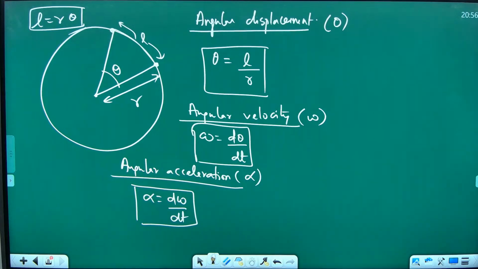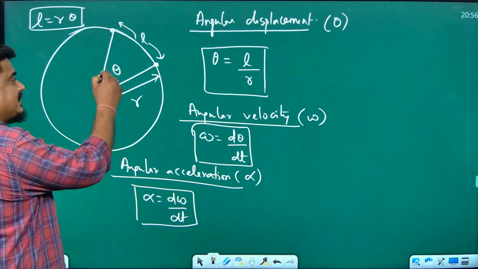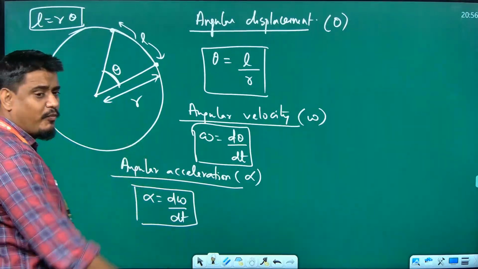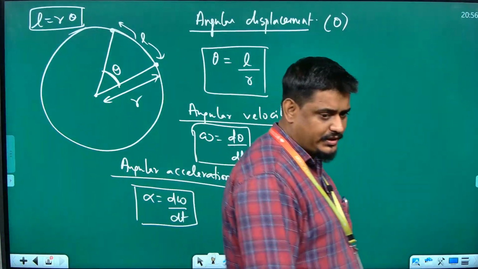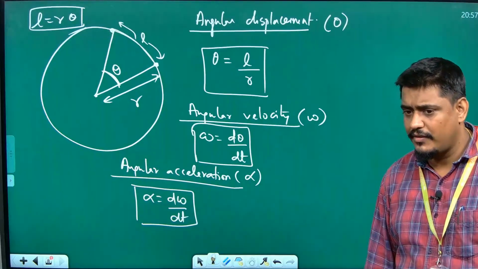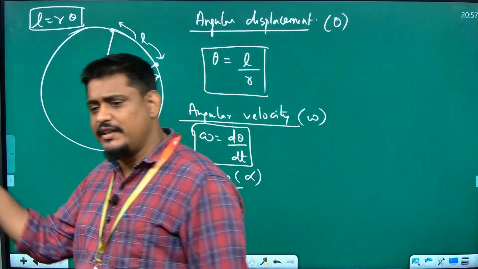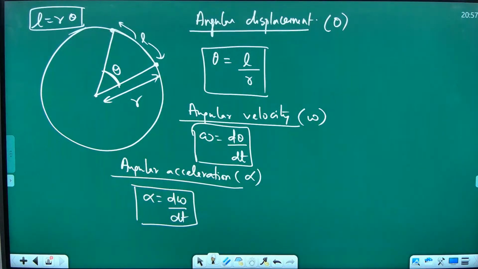Net acceleration of body. Angular displacement is how much angle the object shifts if it is moving from one point to another point. Then net acceleration is different from the acceleration happening towards the center. Acting towards the center will be centripetal acceleration. Acting tangentially will be tangential acceleration. Net acceleration will be the root of both squared.